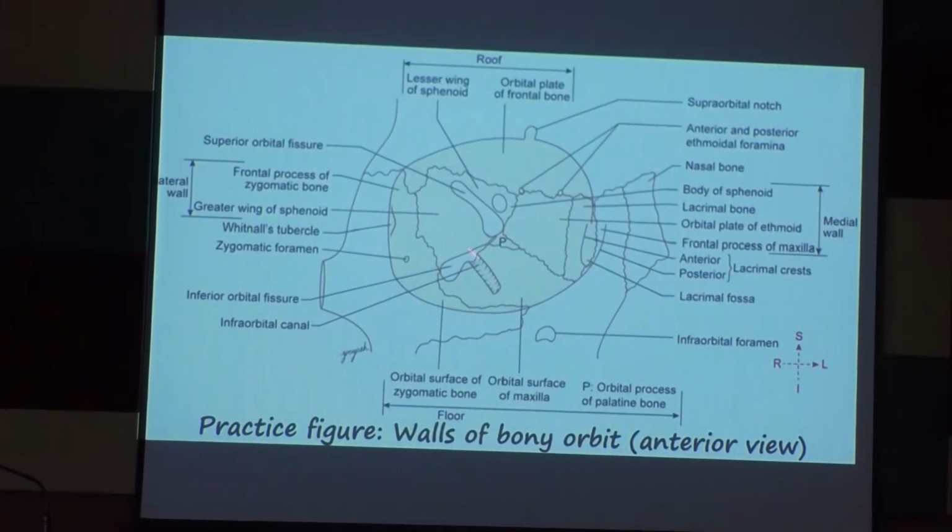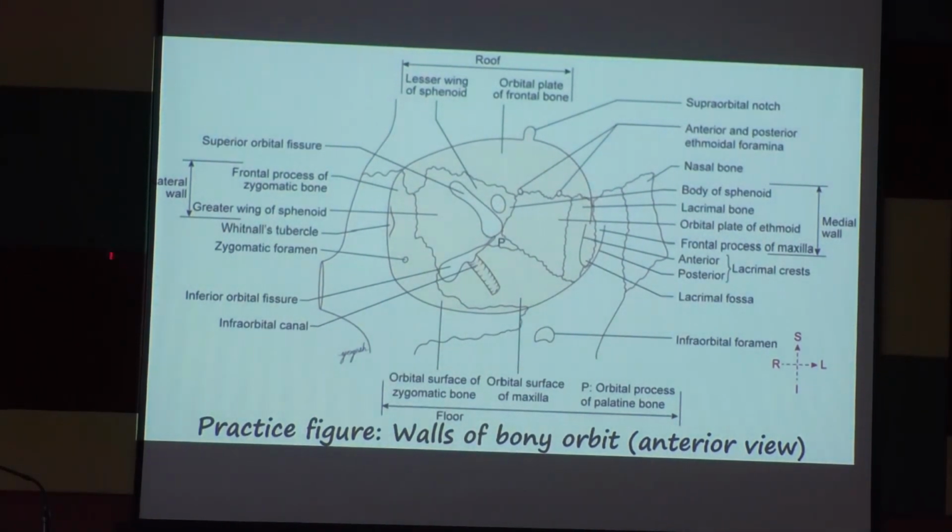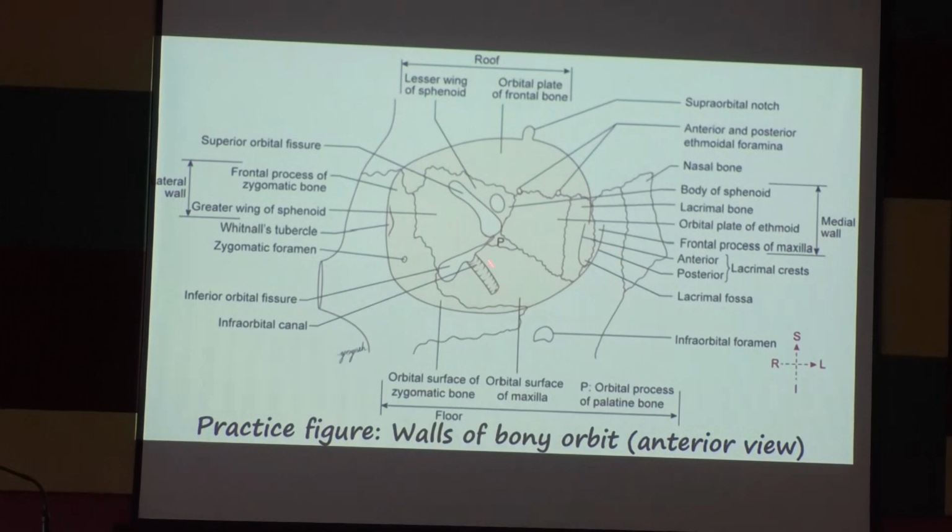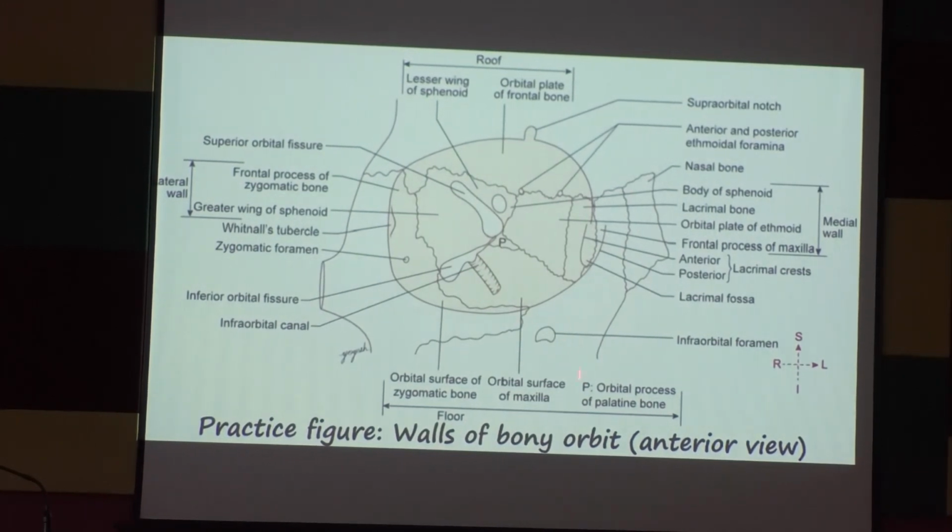And over the maxilla here lies the infraorbital foramen. This is over the floor of the orbit, where this is the infraorbital canal; through it pass the infraorbital vessels and nerve, and they come out through this infraorbital foramen. And here you can see the zygomaticofacial, lying over here, and the zygomaticotemporal foramen. And here these two foramina between the roof and the medial wall are the positions of the anterior and posterior ethmoidal foramina, and through them pass the anterior and posterior ethmoidal vessels and